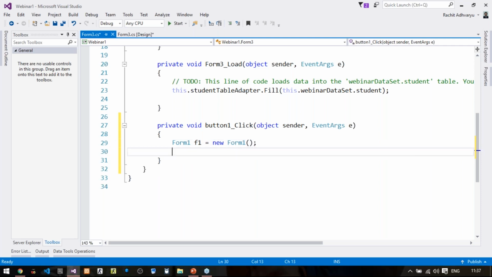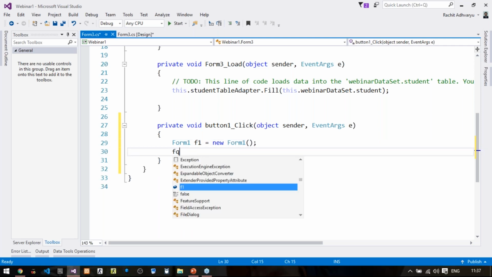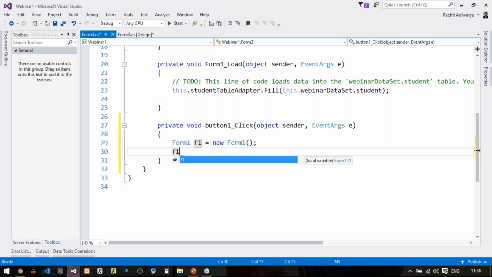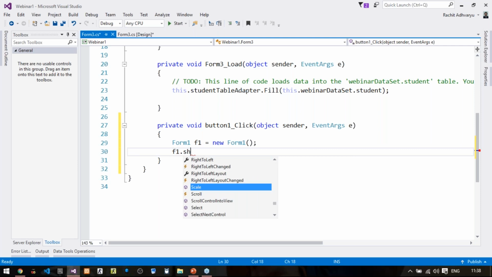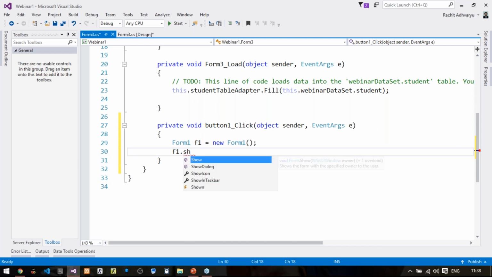Okay, and the next part is you just need to write f1, that is the object of the form that you want to redirect, where dot show. That's it. So what it will do, if I execute this form,